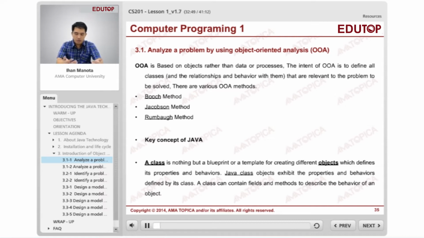Object-oriented analysis is based on data and processes. So this one was coined by different methods, which are the Booch, Jacobson, and Rumbaugh methods. So this one is usually the basis of how to manipulate objects or how to manipulate data using objects. So that's the concept. So in terms of Java, the object is represented by a class. So this is the template or the blueprint of the program which is created in Java, which consists of classes, another set of classes, or is represented by a set of objects used to manipulate data and become information,